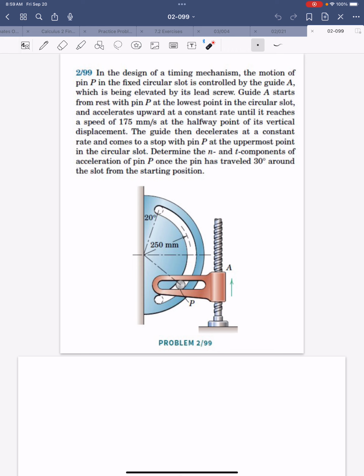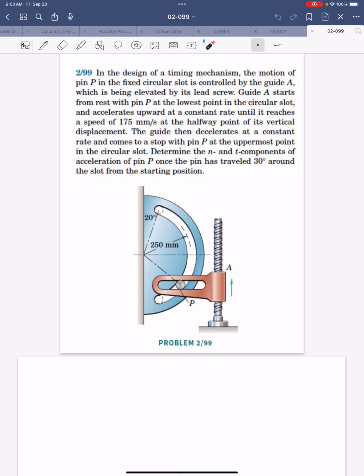The guide then decelerates at a constant rate and comes to a stop with pin P at the uppermost point in the circular slot. Determine the n and t components of acceleration of point P once the pin has traveled 30 degrees around the slot from the starting position. Okay, so in this problem,